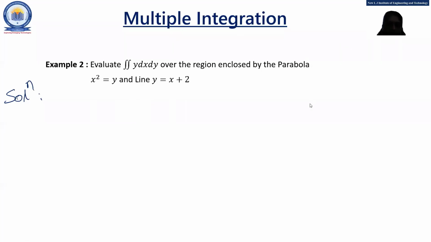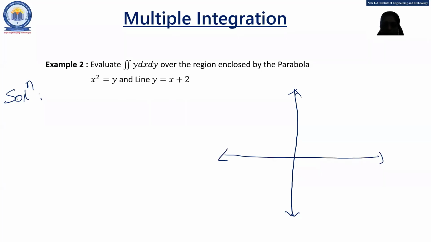Yes, good. It means a parabola passing through the origin, a vertical parabola. Many students have given the answer that it is a parabola, but which type of parabola? There are two types of parabola, surrounding y and surrounding x. So your perfect answer should be that the parabola is surrounding the y-axis, because here x has power 2, right?